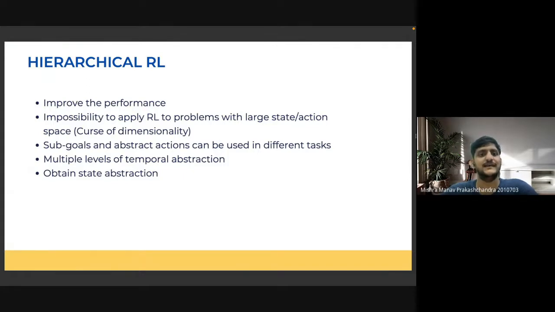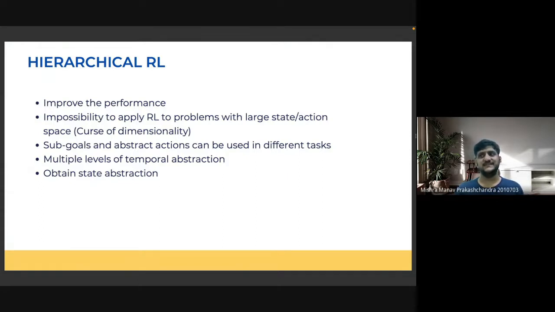Second is the impossibility to apply RL to problems with large state action pairs. There is this so-called curse of dimensionality with increasing size of the state or action spaces. The problem becomes inherently difficult.